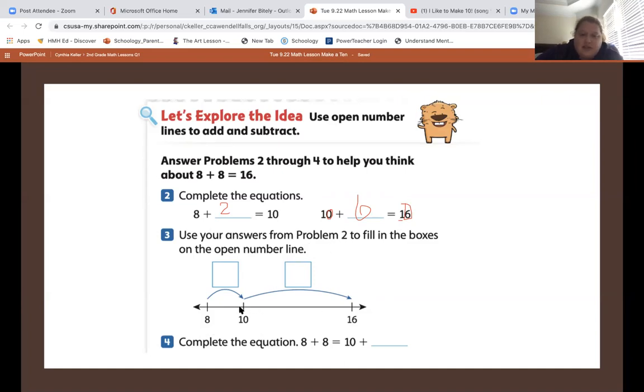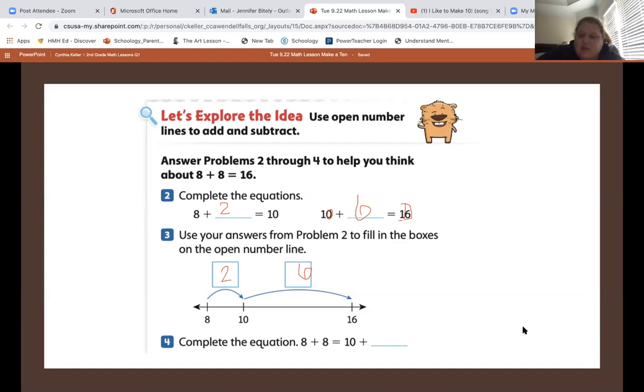Okay, so here we see, if you follow your arrows, 8 plus something gives us 10. Well, what did we find? 8 plus 2. We're going to put in our 2. And then we're doing 10 plus something gave us 16. It was that 6. See how easily we just filled that in? We just took it from our heads, put it on the paper, and put it right there. That is awesome.